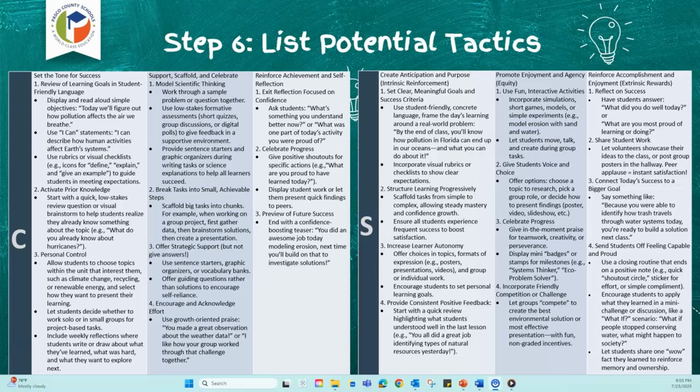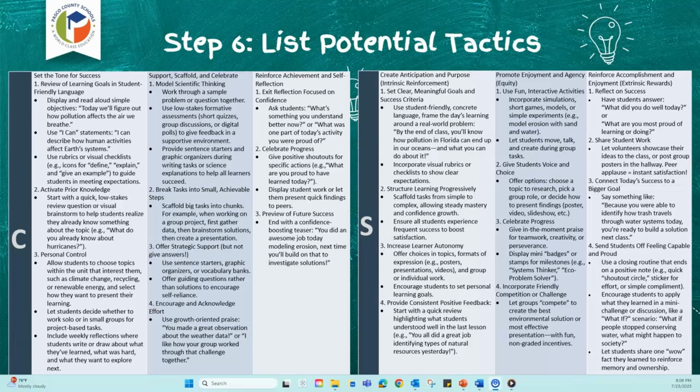During class, we will support students by scaffolding tasks into manageable steps, modeling scientific thinking, and offering tools like sentence starters or graphic organizers. Students will choose their roles and formats, which increases their autonomy.